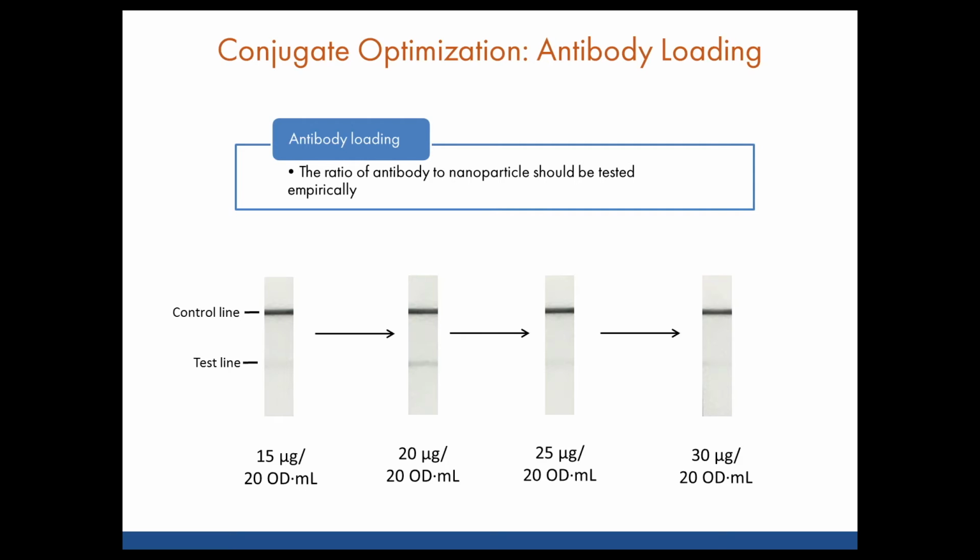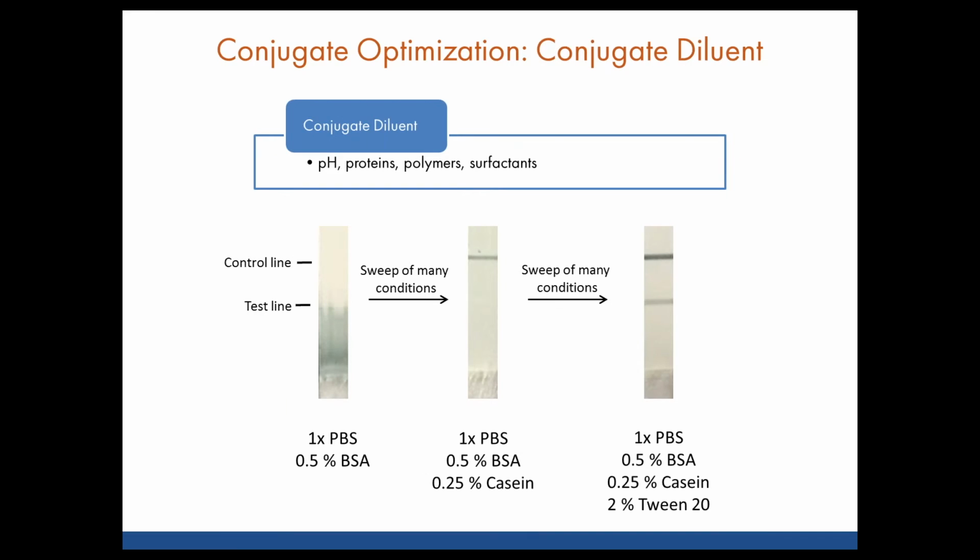In many cases, suboptimal antibody loading can also lead to nonspecific binding at the test line. Another important optimization to perform is the conjugate diluent formulation. The conjugate diluent is the buffer solution the conjugate is stored in prior to dispensing and drying on the conjugate